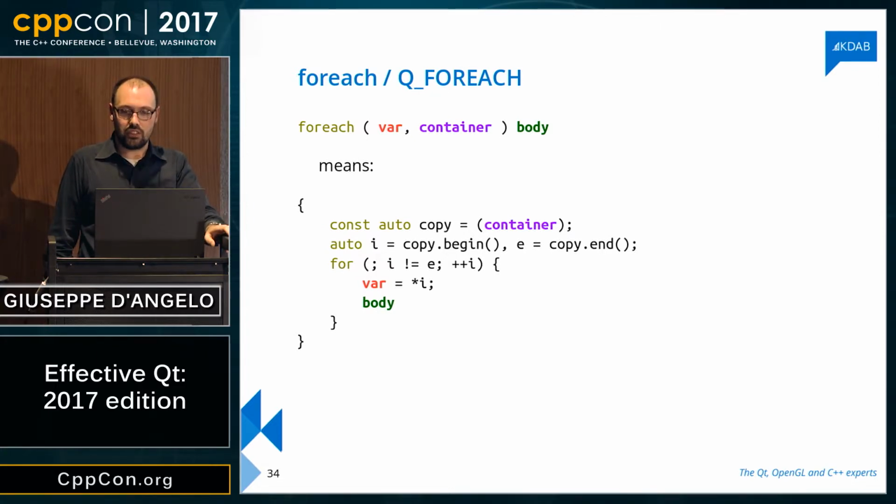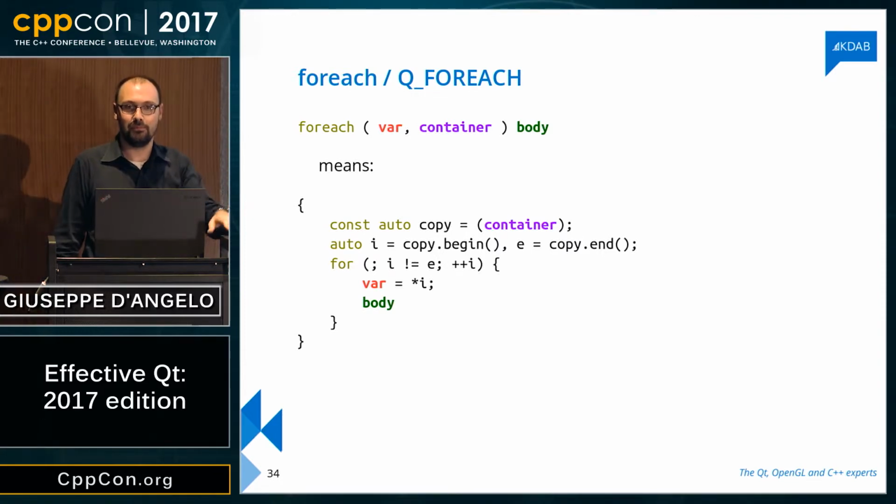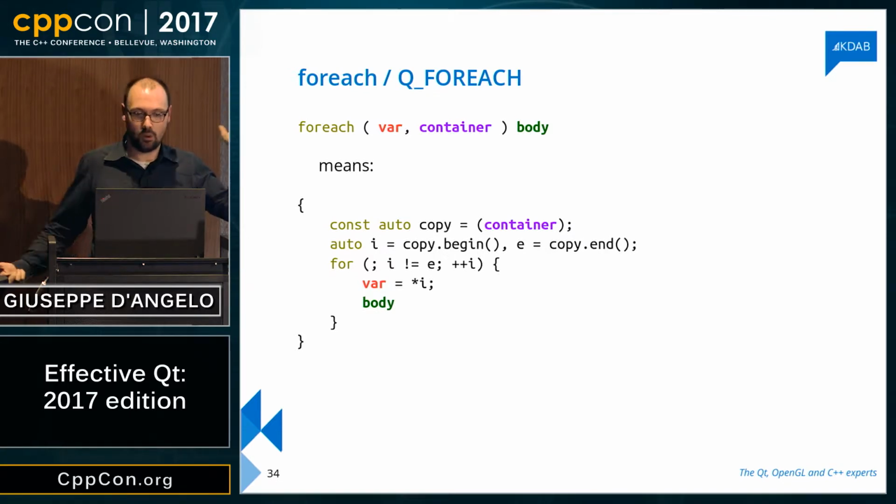What is the problem with this? Well, this has endless problems. First, it takes a copy. So if I'm accidentally passing a standard library container there, this is going to cause a full copy of the container. If I pass a standard vector in there, this is going to copy a standard vector, and perhaps I don't want that. Actually, I almost never want that.